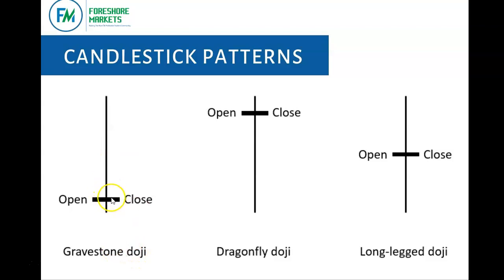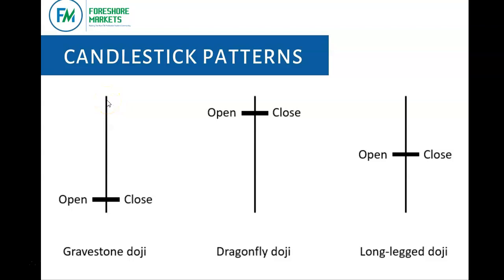We start with the Gravestone Doji. This simply means that the market opened at a certain price, went lower, then went higher, and printed a high here and a low here. Then after the price was bullish up here for a while,